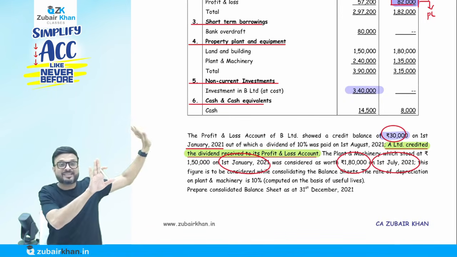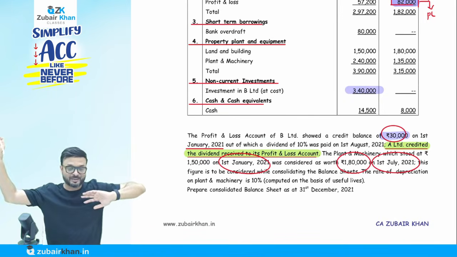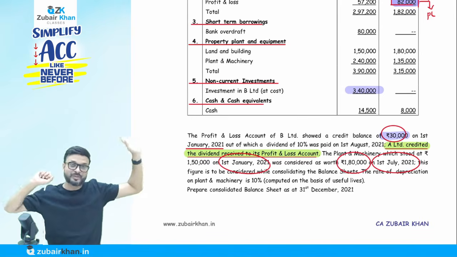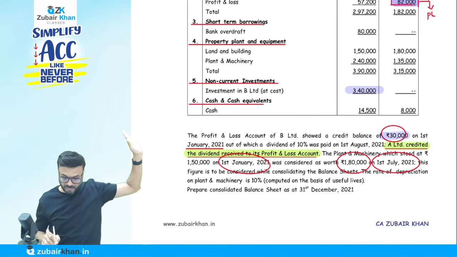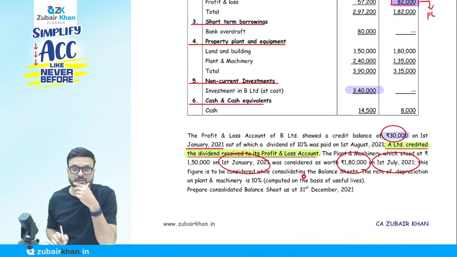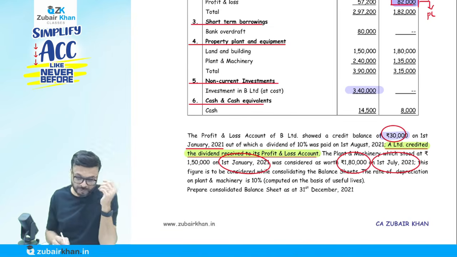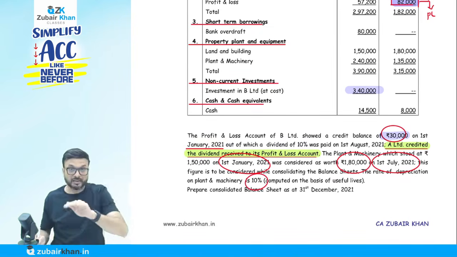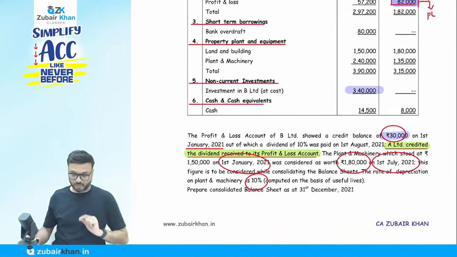And the balance sheet figure is a different thing. So 3 dates: opening, mid, and closing date. So opening book value is 1,50,000. They want to do the revaluation at the mid, and the revalued amount is 1,80,000. I will tell you how to do that. Don't worry. This figure is to be considered while consolidating the balance sheet. The rate of depreciation of plant and machinery is 10%. The point that I've highlighted with green color I will discuss with you. Don't worry. But